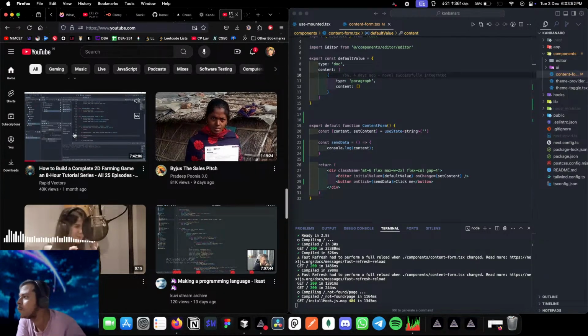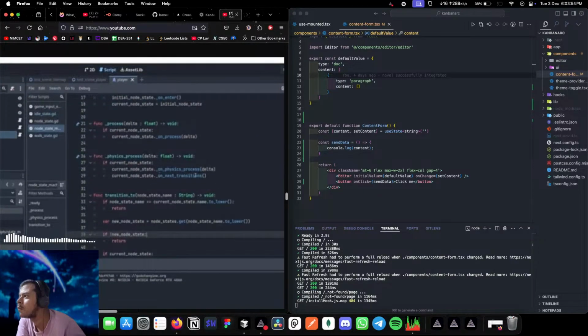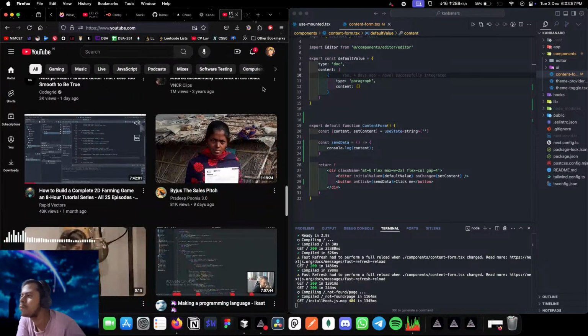Transitions to see if we have any inputs which we can check against and then transition from one state to